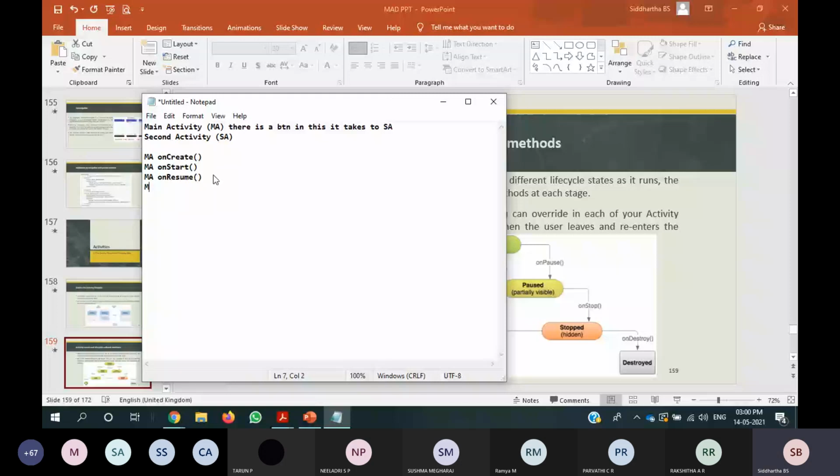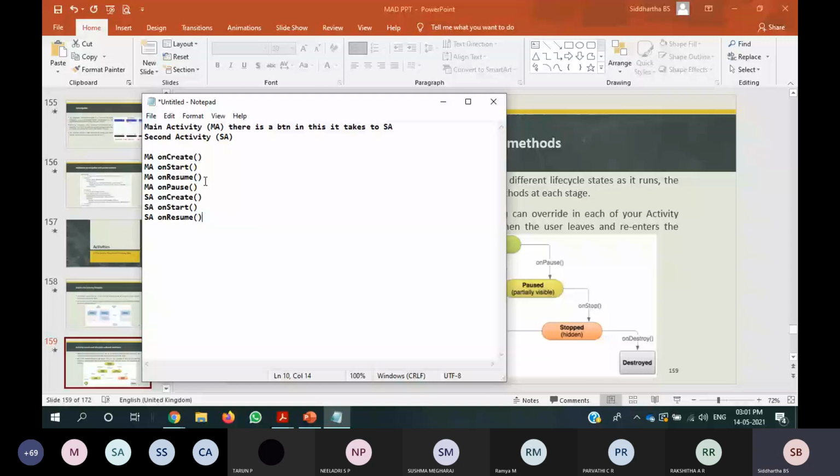Then the second activity will come into existence and call onCreate and onStart. Then the second activity will call the onResume method. Now your main activity is in the pause state, and your second activity is in the resume state.